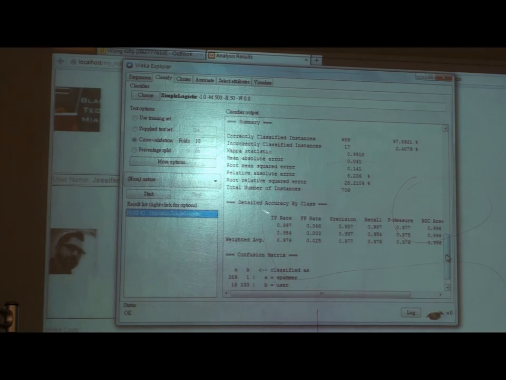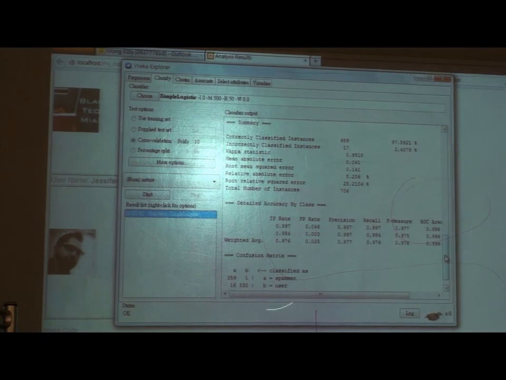And the incorrectly classified instances are 17 of them, which takes up 2.4079%. There are also other indicators, other things that show the statistics of the analysis results.